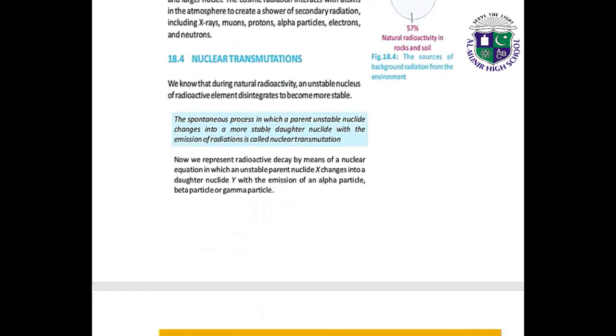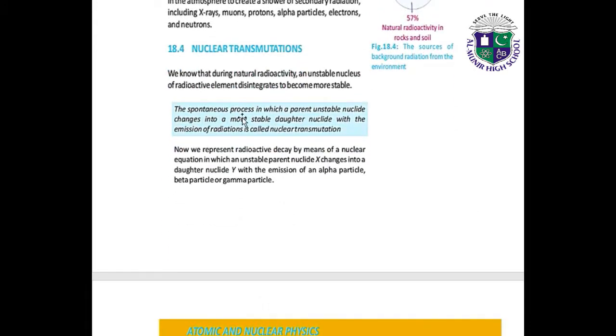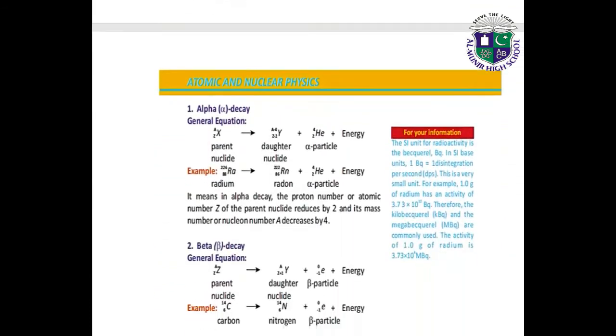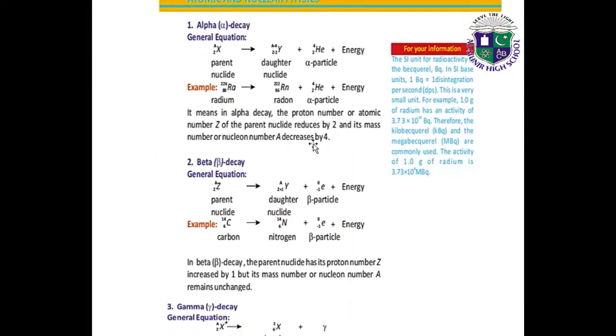What are nuclear transmutations, students? The spontaneous process in which a parent unstable nuclide changes into a more stable daughter nuclide with the emission of radiations is called nuclear transmutation. In nuclear transmutations, we have 3 decays. Alpha decay, it shows